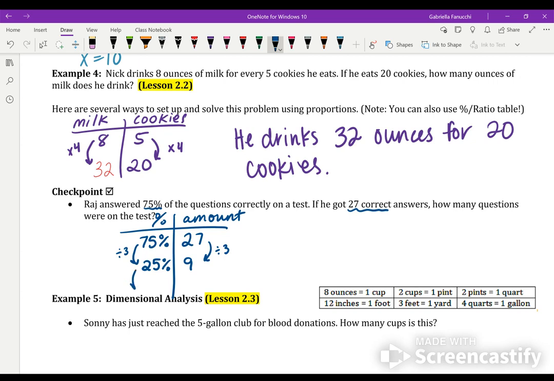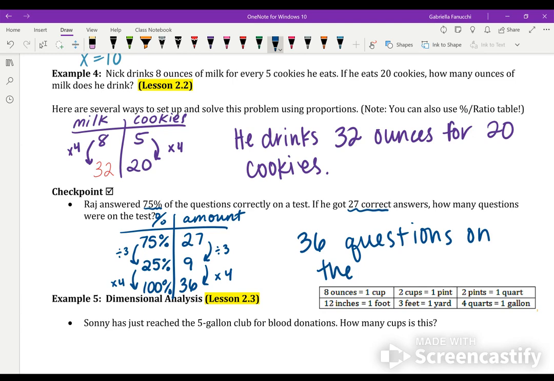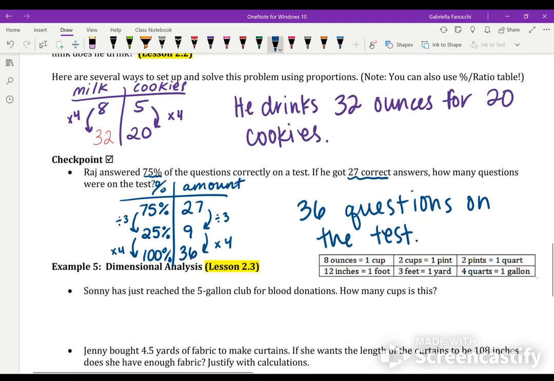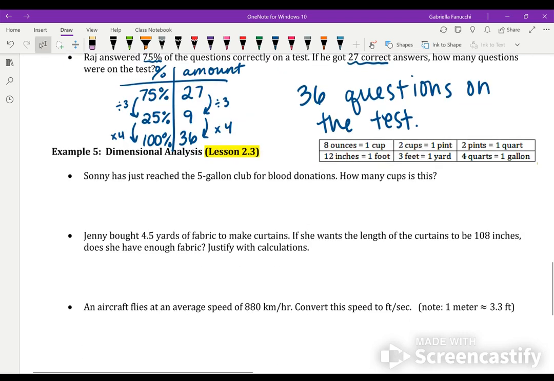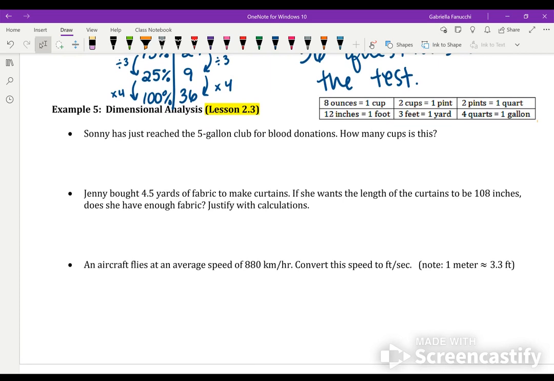Now, to get how many questions in total? Well, what times 25 gives me 100%? Well, 25 times 4. So whatever you do to one side, you have to do to the other. So 9 times 4 is 36. So there was 36 questions on the test. And again, there is multiple ways to go about answering these questions. We'll talk more about them in class, but I do want to show you the percent table, the ratio tables, because they do help. All right, now we're going to go ahead and talk about